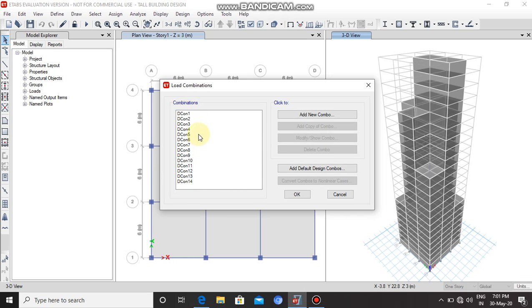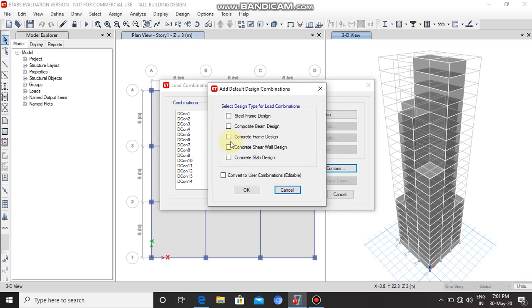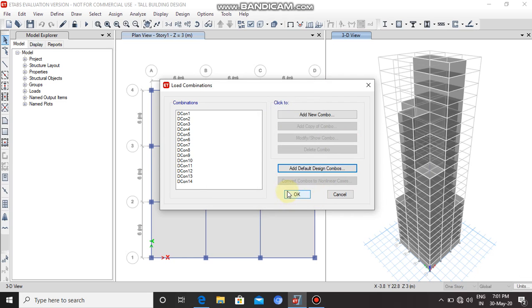If in any case they are not there, we have to click on Add Default Design Combos, then click on Concrete Frame Design and then click on OK and then click on OK again. We don't need to do this as the load combination is already there.